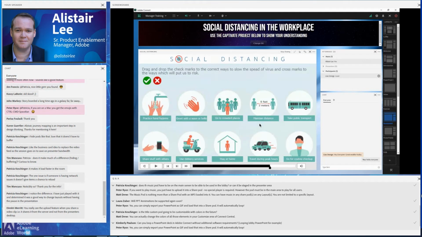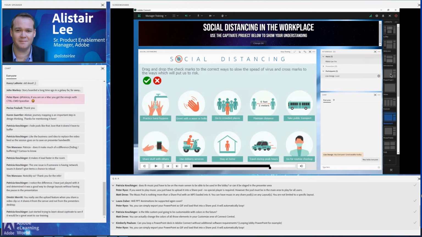So again, it takes a little more forethought, a little more design, but the payoff is huge in comparing it to a PowerPoint presentation that somebody's watching versus an interactive learning exercise where somebody's actually participating. They're becoming participants.